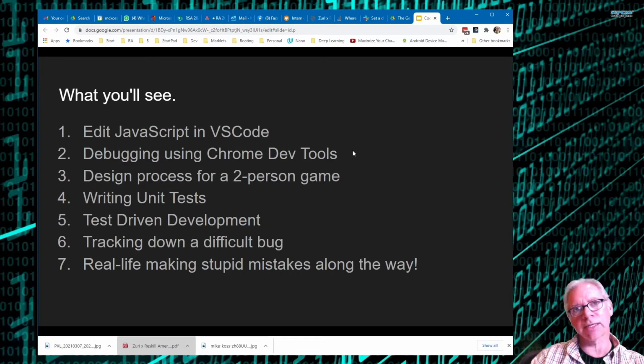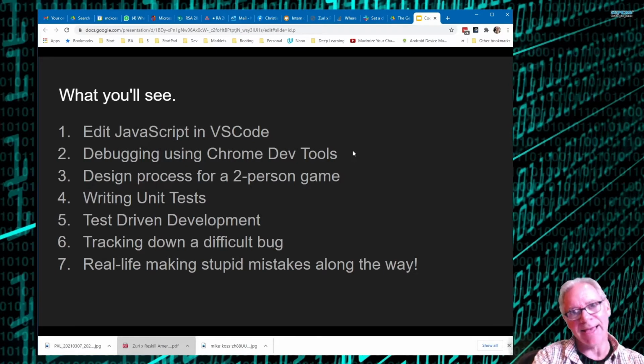We also start off writing unit tests really early. I talk about the philosophy of test-driven development, and something that I used a lot when I was working professionally. And you'll see me struggling a little bit with debugging. There's kind of a long sequence of going through and having some stupid mistakes I made, but then eventually found them. But you'll see how I solved those, and then eventually we get to the point where we have working